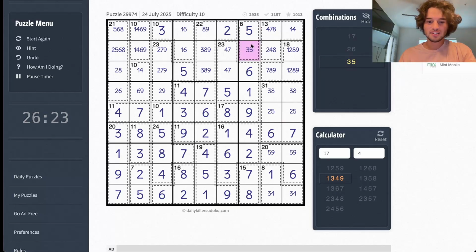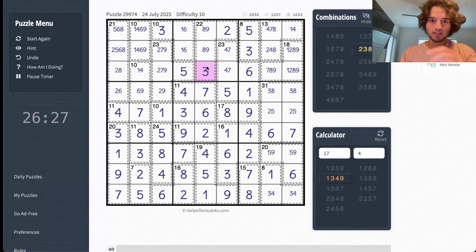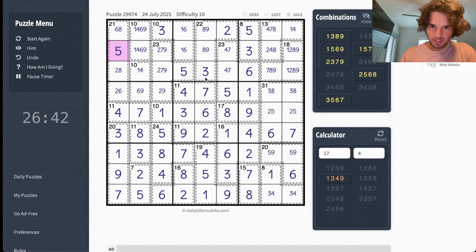5 and 3. Removes 3. That does leave a 3 there. 8 and 9. 9 are 2 and are 5. 5 is gone from there. 2, 6, 8 does leave a 5 there. And now